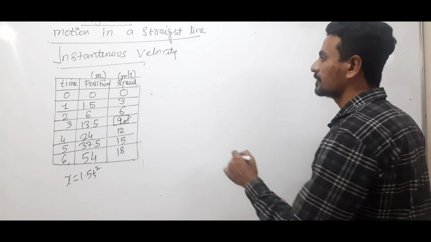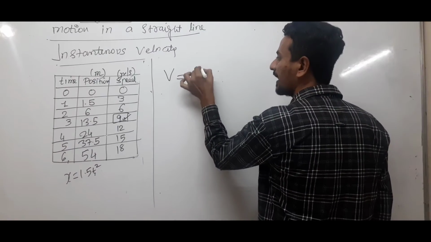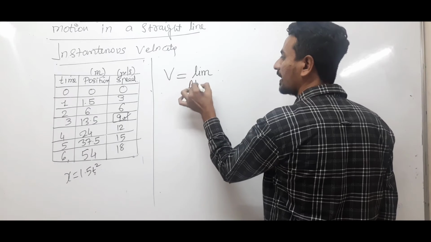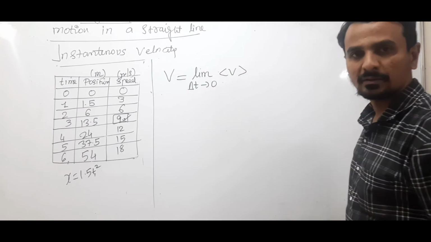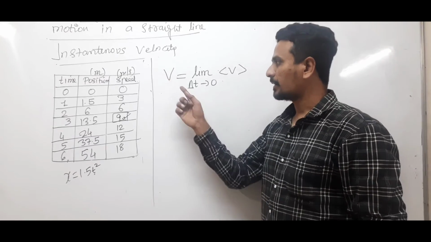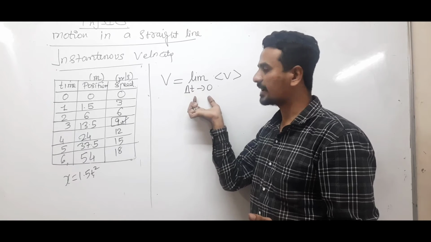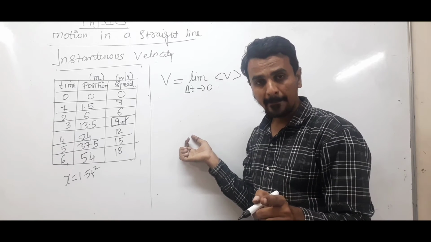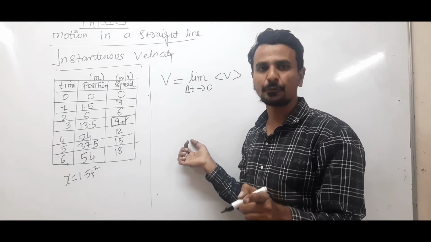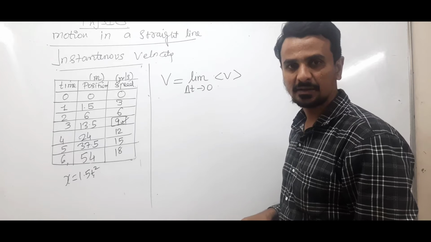So for that, instantaneous velocity will be obtained by applying limit delta t tends to 0 to average velocity, right? See, limit is the chapter we learn in maths. Delta t tends to 0 means reduce the time interval very near to 0 but never equals to 0. That is what limit delta t tends to 0 means, right?